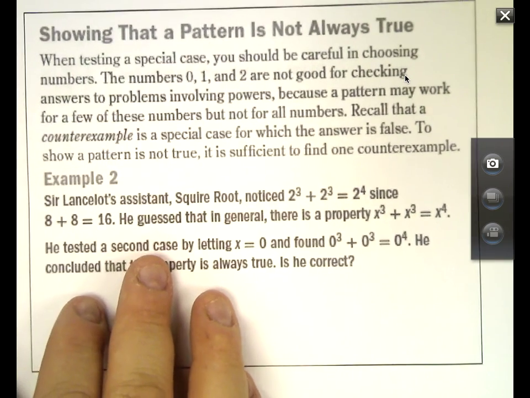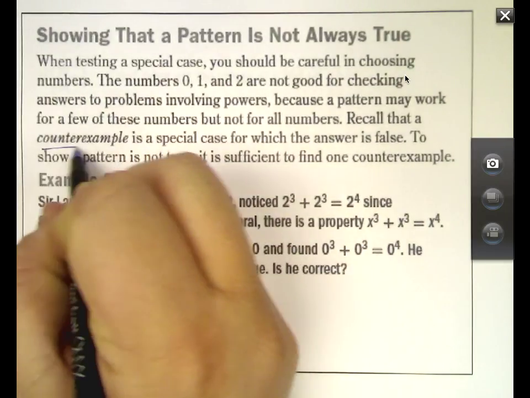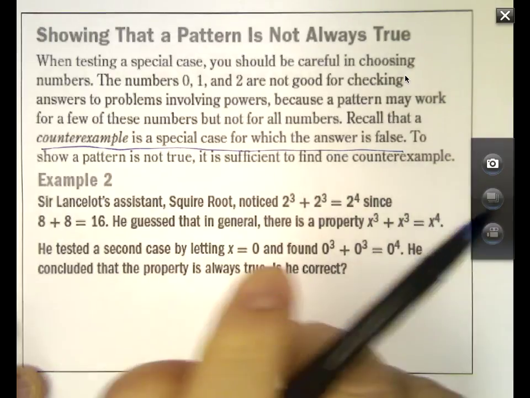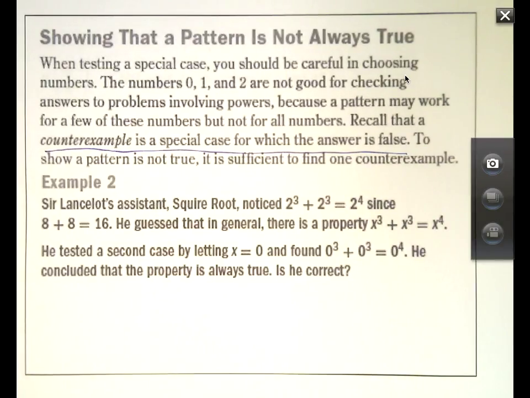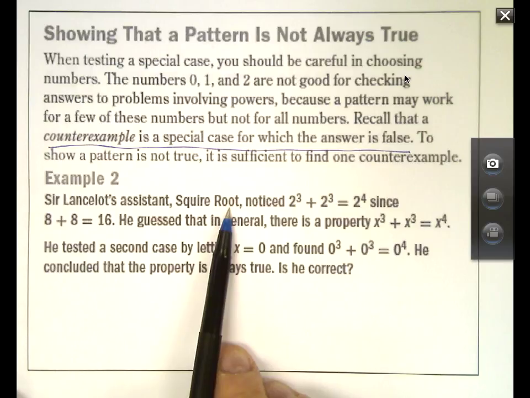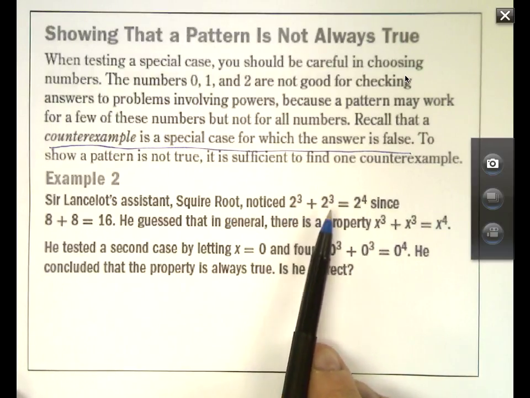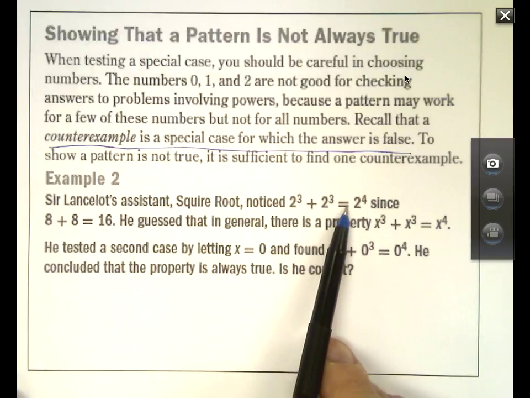Showing that a pattern is not always true. If you remember, a counterexample is proving that something is false. So if it asks for a counterexample, you're basically saying, hey, I just proved you're wrong. So in example 2, it says Sir Lancelot's assistant, Squire Root, notice that 2 to the 3rd power plus 2